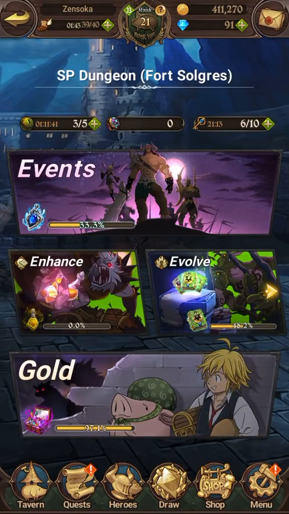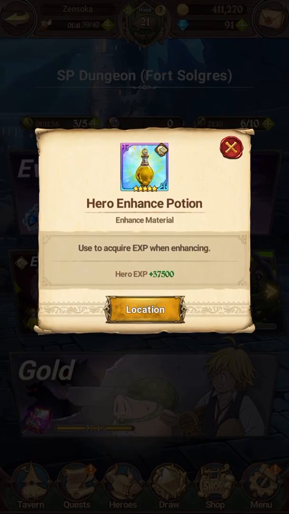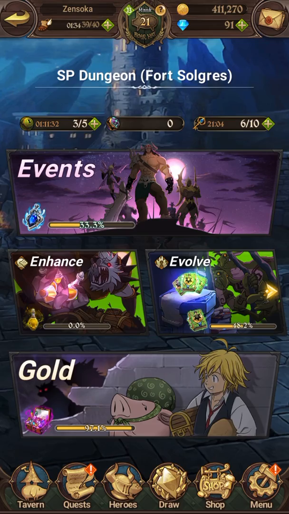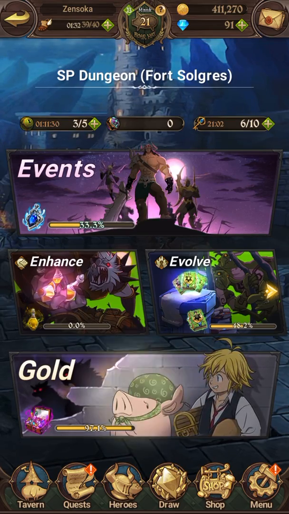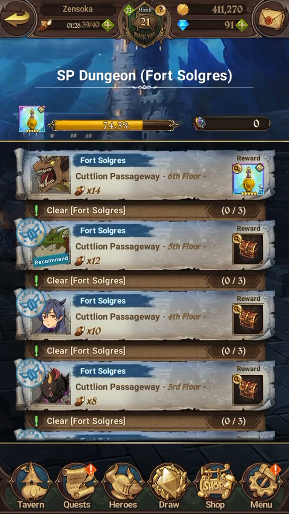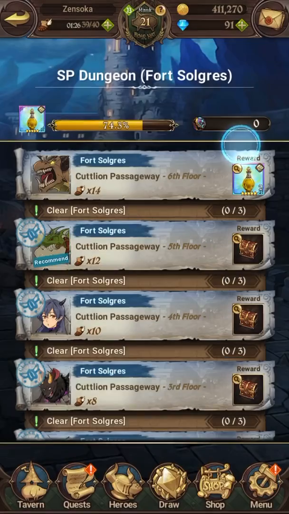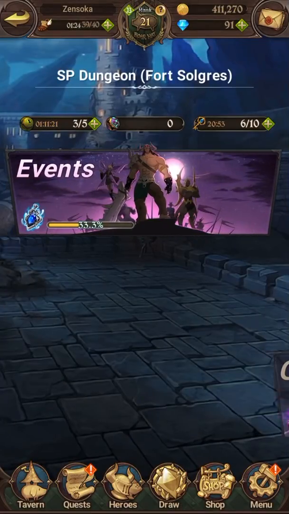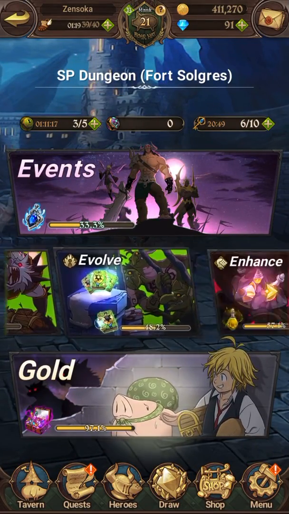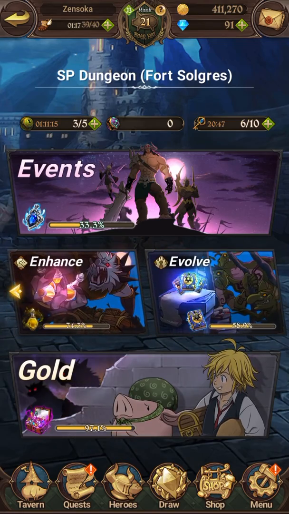So enhance are basically just hero potions that you use to upgrade heroes without having to put them in battle. Definitely the fastest way to level units. And you basically want to go into each one and do every level and at least get this to 100% one time. And after doing that, then you should do whichever is easiest for you